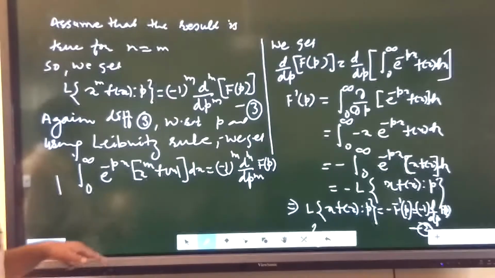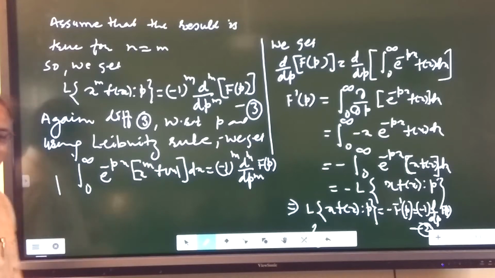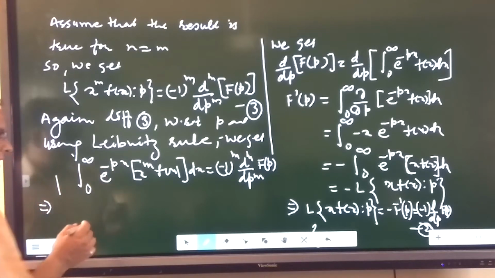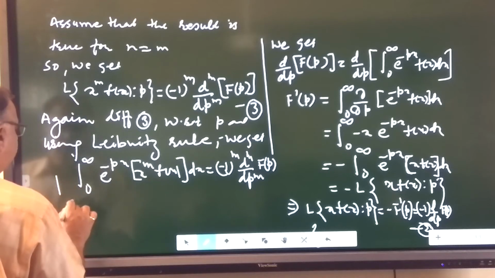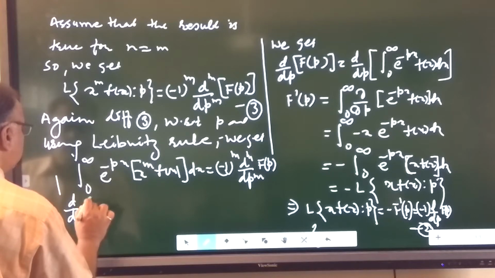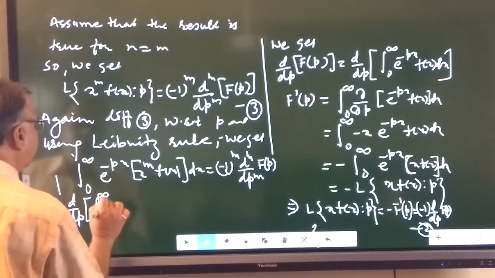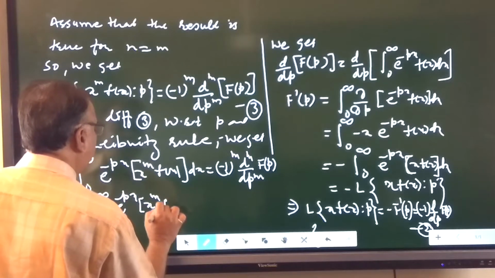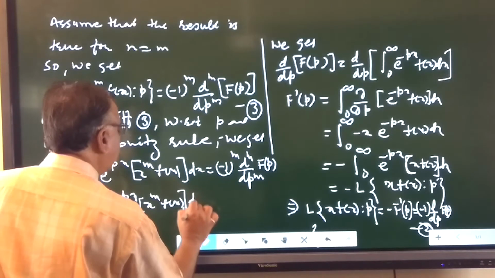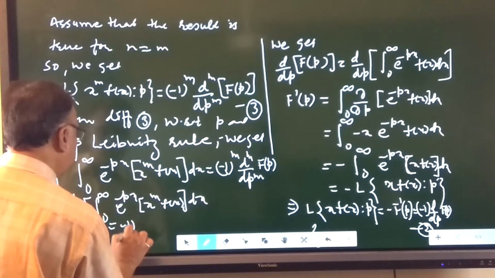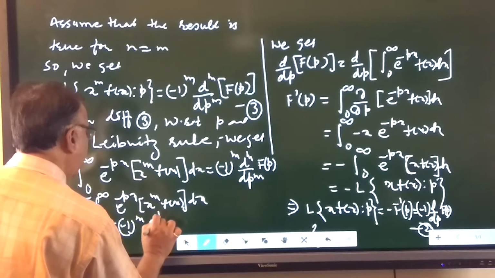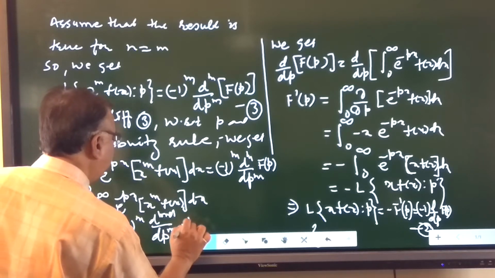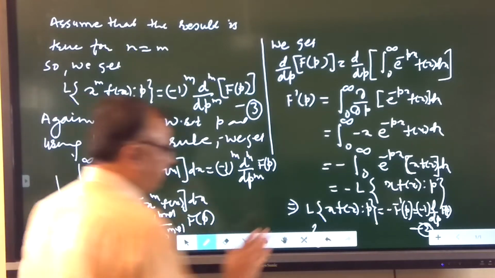Now differentiating this with respect to p and using the Laplace theorem, we get d by dp of integral 0 to infinity e raised to minus px x raised to m f(x) dx is equal to minus 1 raised to m d^(m+1) upon dp^(m+1) of F(p). Solving this,